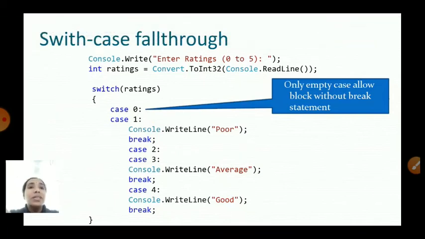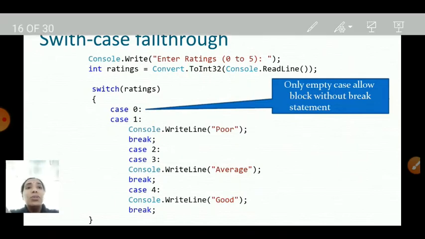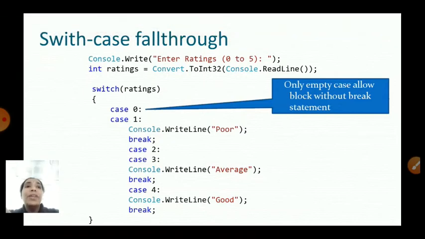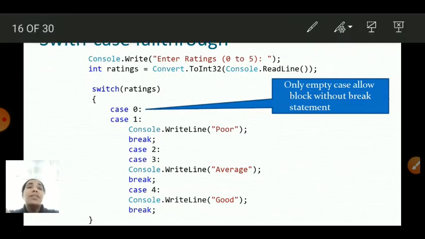When I am using these three conditions, we can have fall through, multiple fall through also, 0 and 2, those are the fall through. So it will not accept those cases, only case 1, case 3 and case 4. So either poor, average and good cases it will be accepting. Fall through is nothing but when I am not giving any statement for a case, it is called a fall through in the switch statement.